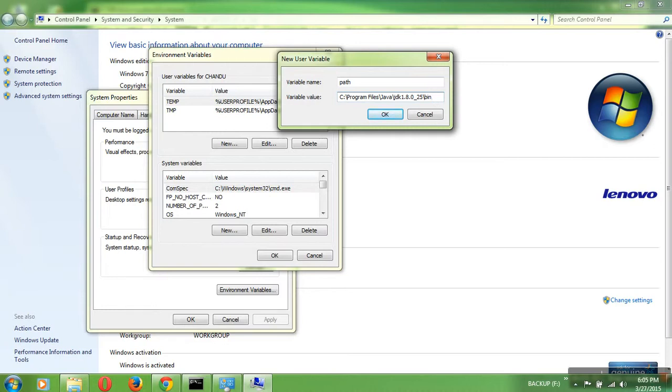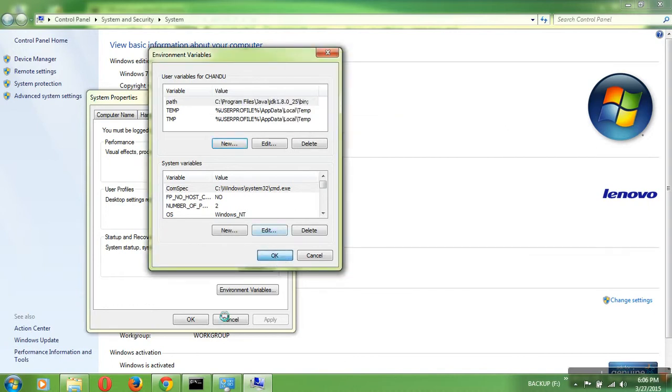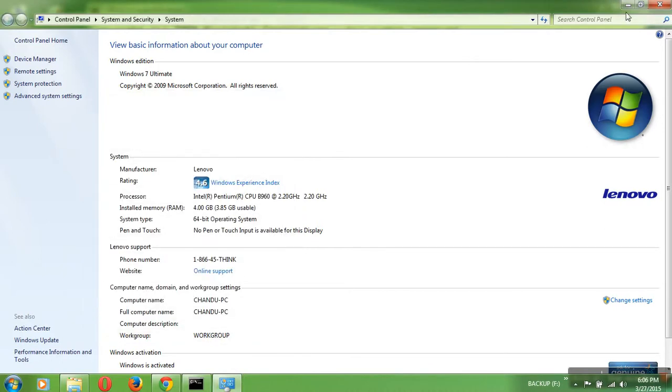Or else, directly you can give a semicolon. A semicolon is used if you want to configure another path. So if you want to configure more than one path, use a semicolon for separation. Then I am clicking OK, then OK, and closing it.